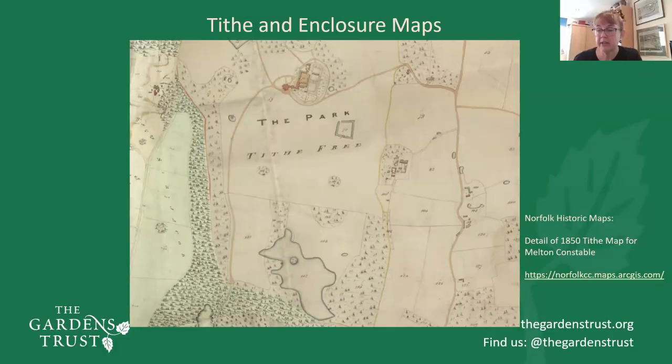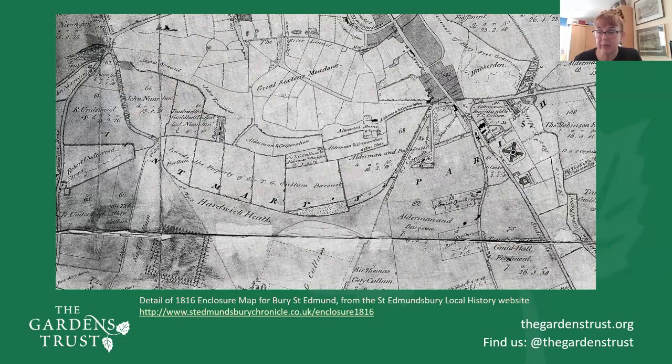Slightly earlier than the tithe maps are the enclosure maps from the early 19th century, although not every parish commissioned an enclosure map. Enclosure maps are larger scale and mainly of rural areas. And as I said, not every parish has one. They are accompanied, if you do have one, by the Enclosure Awards. These are legal documents which are created to record redistribution or reorganisation of land. They provided legal proof of historical ownership and the boundaries of landholding, so not quite as useful to us as they are larger scale. This example is the 1815 enclosure map for the area to the south of central Bury